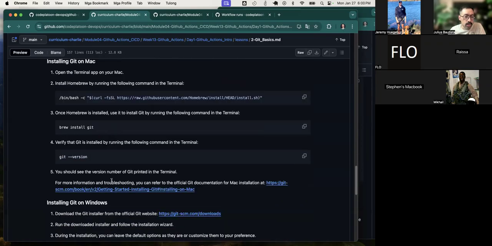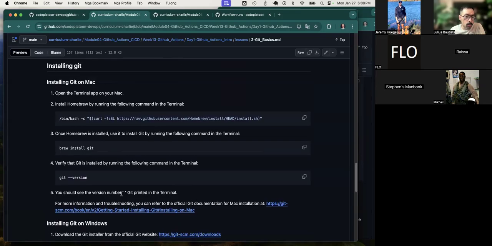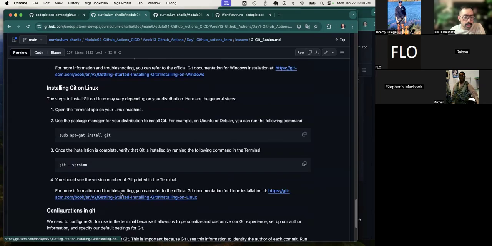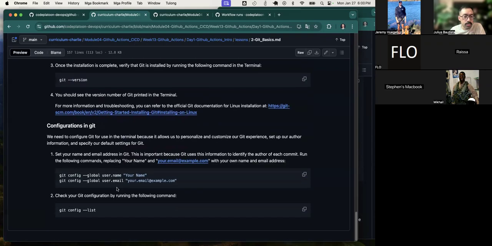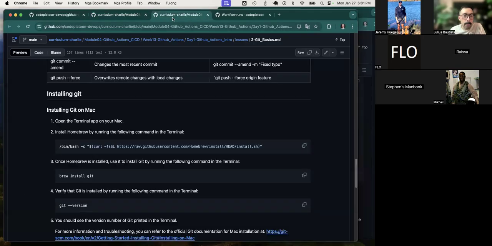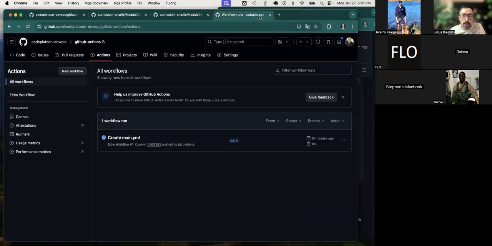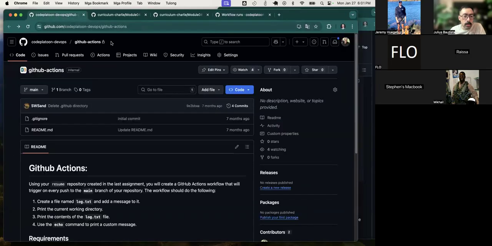And really the rest of this, we shouldn't have to worry about because you should already have Git and GitHub command line installed. Okay. But it's here for review if you need a reminder for things like how to configure your user inside of an environment. Okay. What else? So those are sort of like the fundamental lessons leading up to today's main lesson,